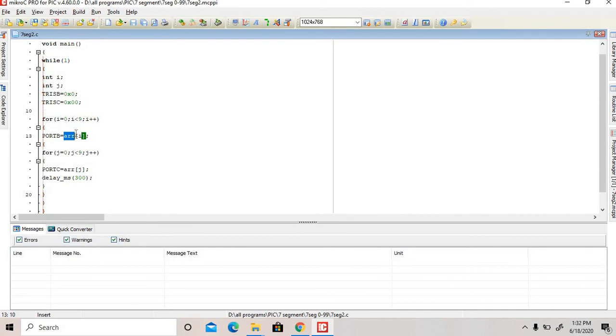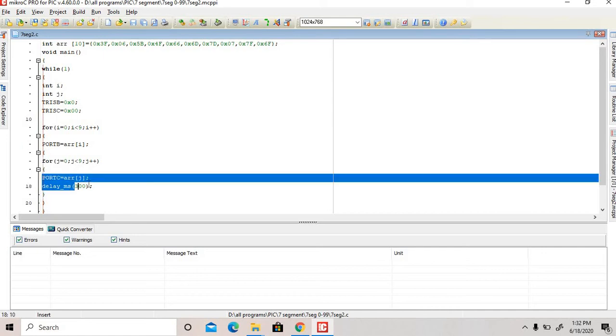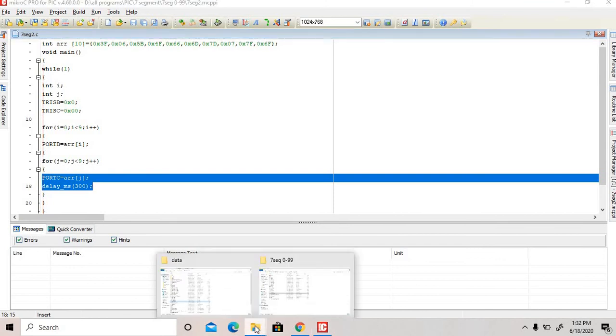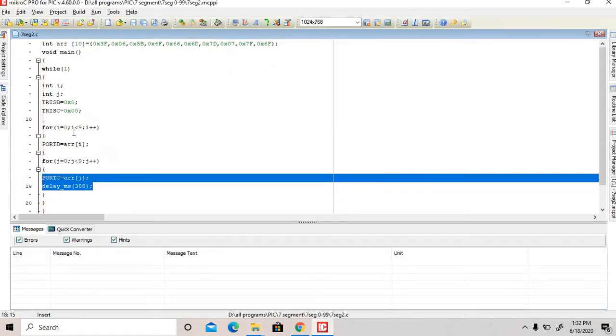0 means port B, 0x3F, 0x3F means 7-segment 0. After that go to the inner loop. This program operates 10 times. After that 1, then again 9 times operate, then 2, again 0 to 9, 0 to 9. Up to this, the whole program operates 0, 0 to double 9 times. This is 0 to double 9, then 1, then 0 to double 9.